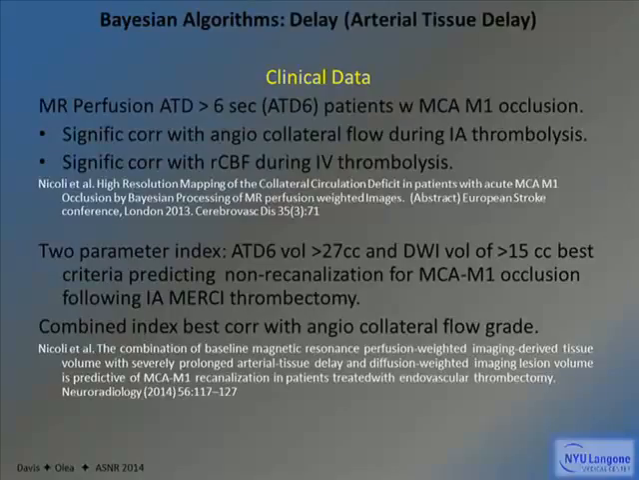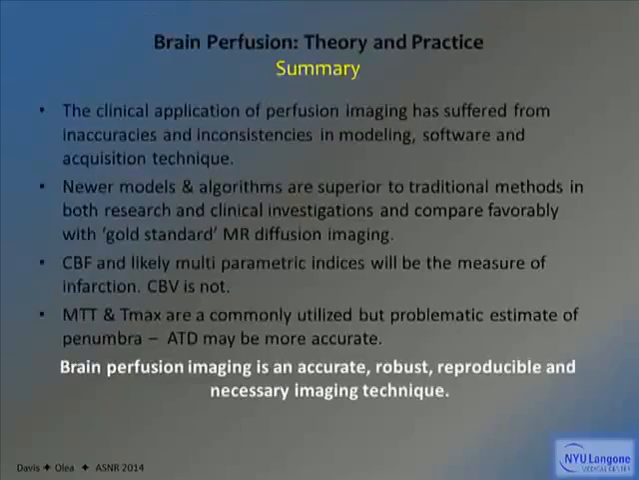Secondly, a 2-parameter multiparametric index, arterial tissue delay (ATD) greater than 6 seconds, that gives you a volume of greater than 27 cc's, plus the DWI, is the best predictor of non-recanalization for patients with MCA M1 occlusion. So, in summary, clinical application of perfusion imaging has suffered from inaccuracies and inconsistencies in modeling, software,